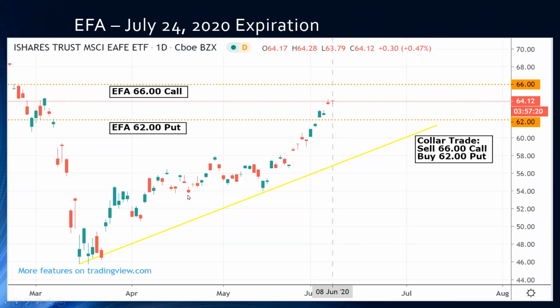This would be another instance where the market is slowly grinding higher. You're right in the middle of these two option strike prices right here. And if the market does start to run out of gas, you know that you are protected and you know that you have the potential to still be long in this upward trending bull market. I mean, look at how we have this upward sloping yellow line right here. Here's the day that we put on the trade, June 8th. It goes all the way to July 17th. So there's still another month going on yet.